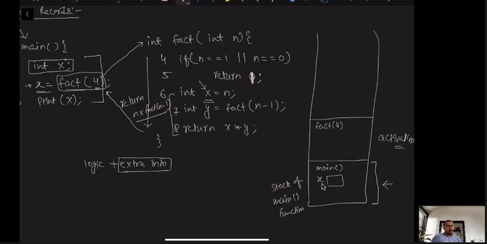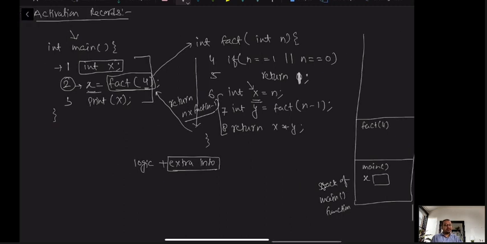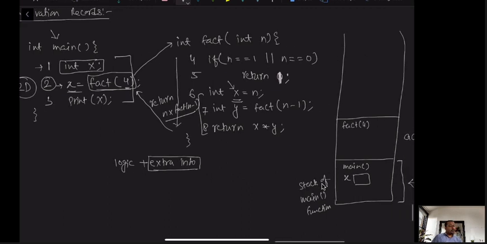Now we have to maintain the information to jump back to this line number 2. Let's say the address of this line number 2 is 2D. The addresses are in hexadecimal, that's why I have written 2D. Now we have 2D where we have to go back. There is a register called PC, the program counter.